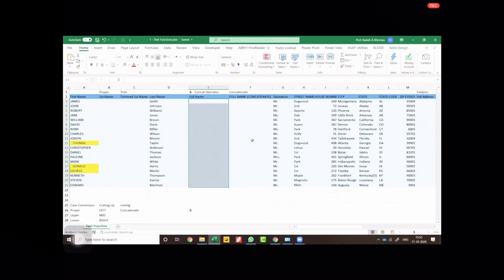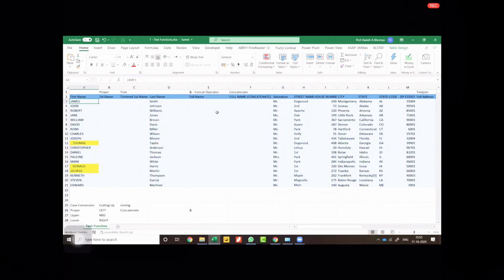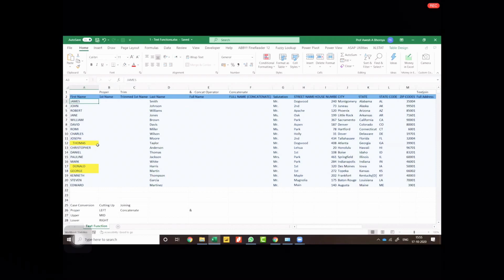And if you have attended the intermediate module, you know that there is the table format. The table format basically allows you to automatically update your formulas in the table whenever a new entry is added. So let's start with the first name over here in this column B, where we have to get the first name, but we have to get it in such a way that the first letter of the name is in capital and all the other letters are small. Okay? Then also we have to remove the extra spaces from the data.